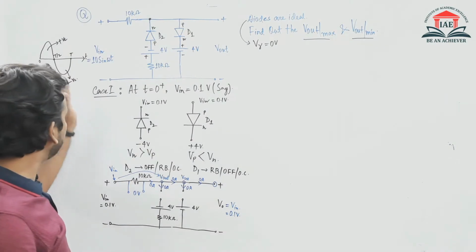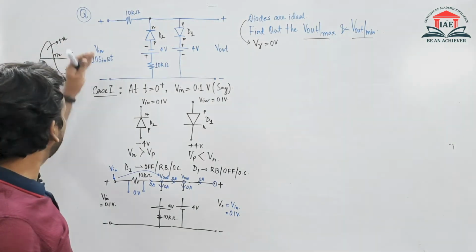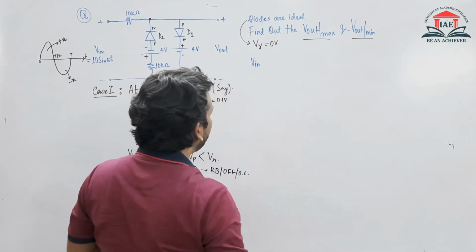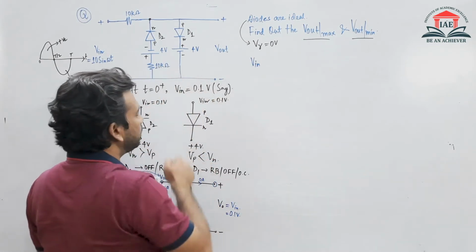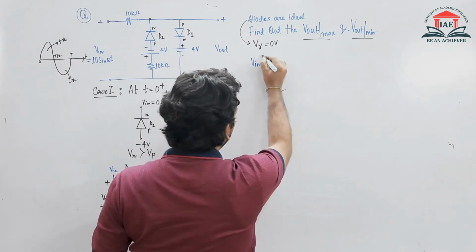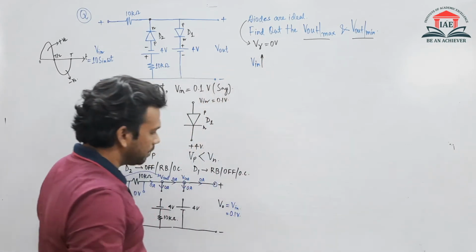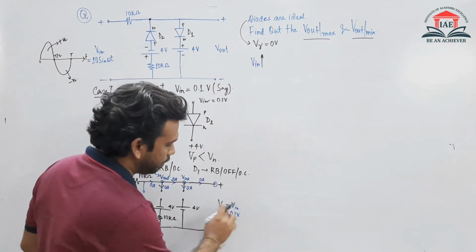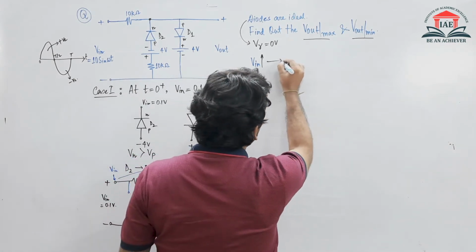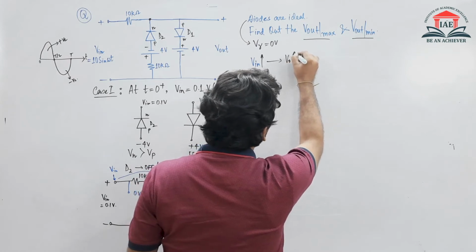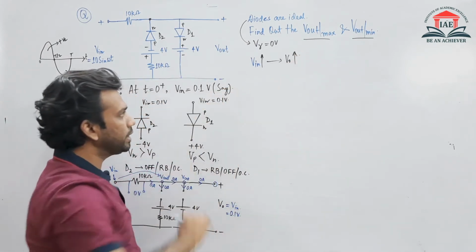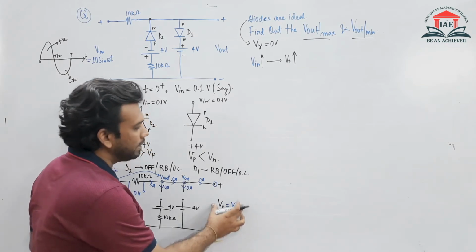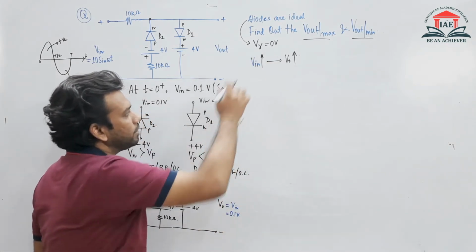Now if I increase the input voltage regularly, so now the input voltage will be increased beyond t equals 0 plus. As the input voltage increases, what will happen? The output voltage will also increase because V0 equals V input. So we can say that V0 will also increase. Now the question comes, how much output voltage will we get for the increment of this input?